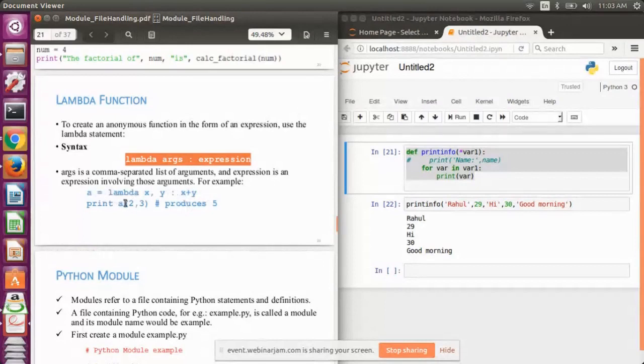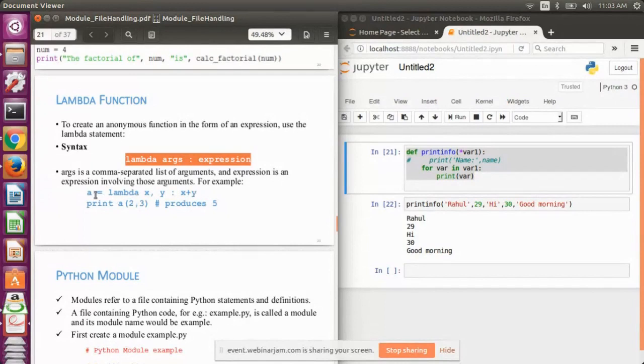Now, to call this particular lambda function, we call the output variable a and pass the arguments. So here we have not defined any function name. We have just written lambda. That means the Python compiler will automatically understand that whatever comes after lambda will be the arguments, and after the colon will be the function definition.